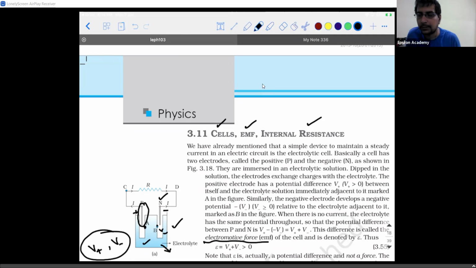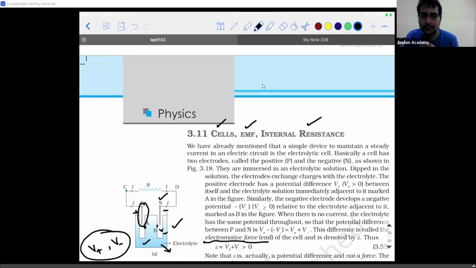When you say ionic, the ions are holding each other due to electrostatic force. When these electrodes are dipped into it, they get split into Na plus and Cl minus. Now they are free ions. Na plus will develop electrostatic attraction towards the negative electrode, and Cl minus will develop electrostatic attraction towards the positive electrode. As a result, they start moving towards the electrodes of opposite nature.